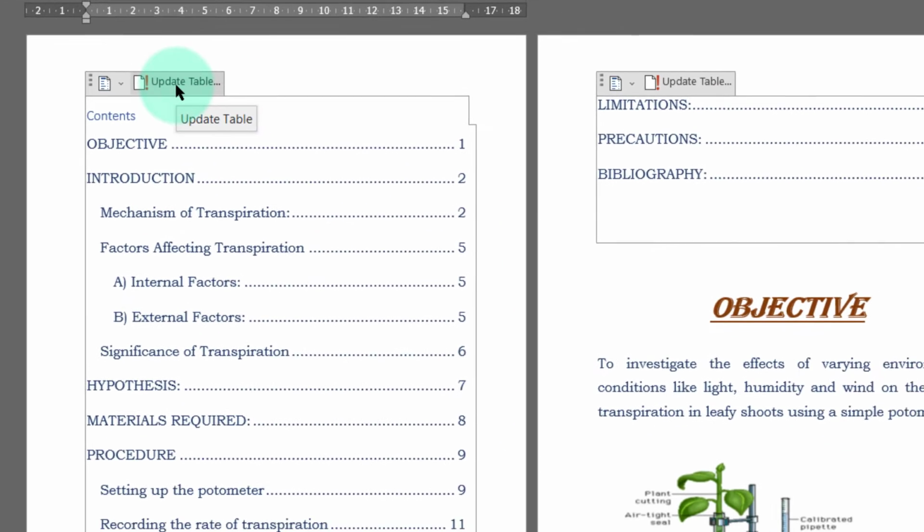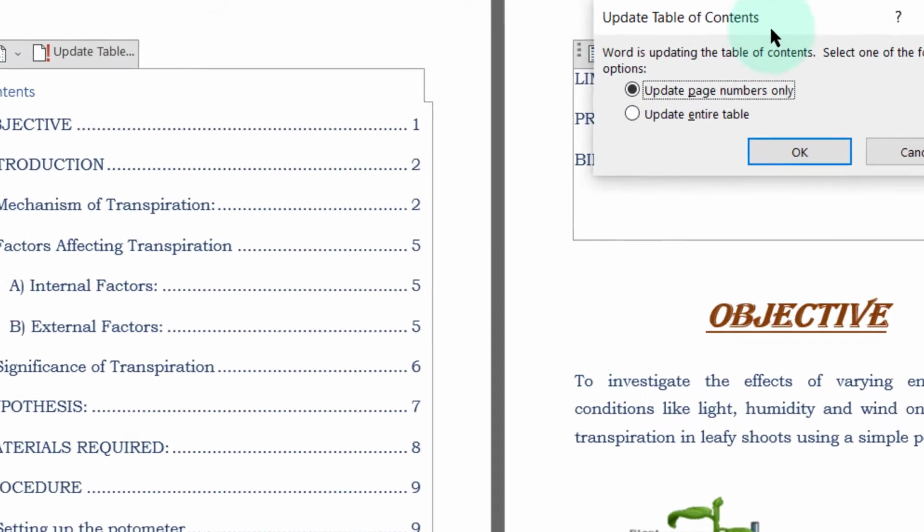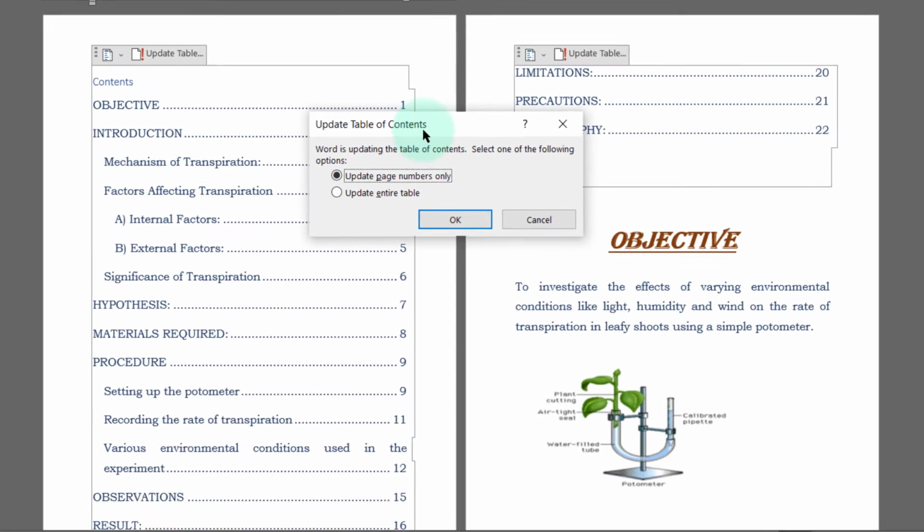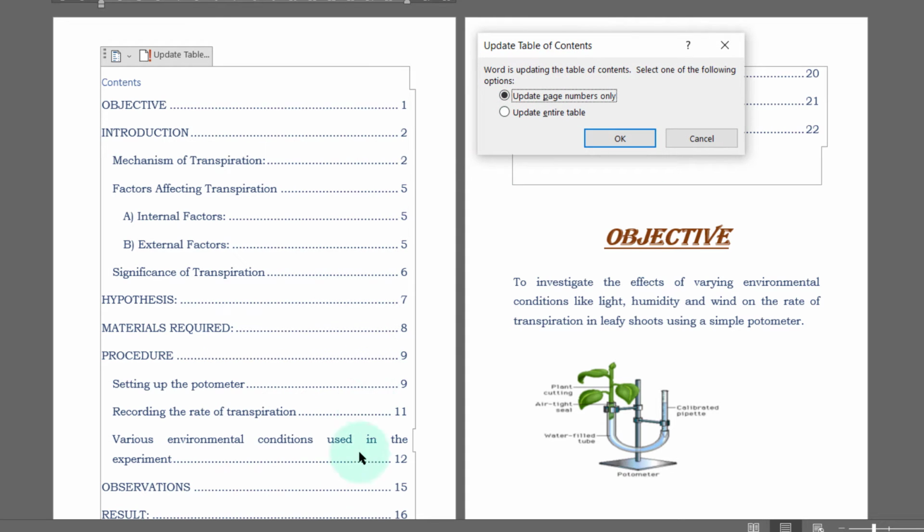Simply I have to click here, Update Table, and when I click on that, I'll get this pop-up asking, how do you want to update the table of contents? Select one of the following options. I have two options: update page numbers only and update the entire table. Because here we need to update just the page numbers, I can simply select the first one, which is the default, and then click OK.